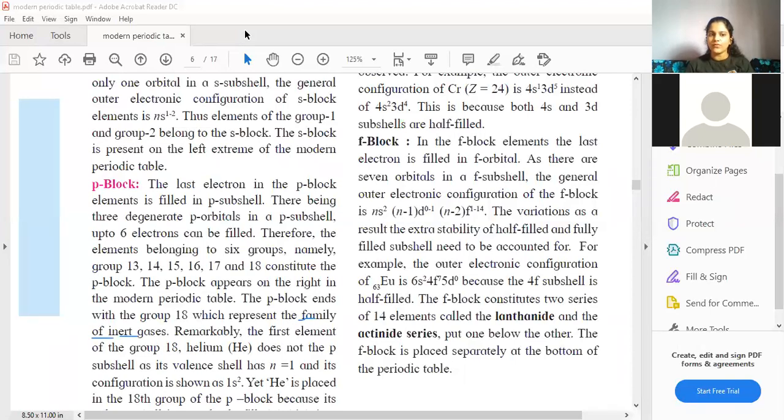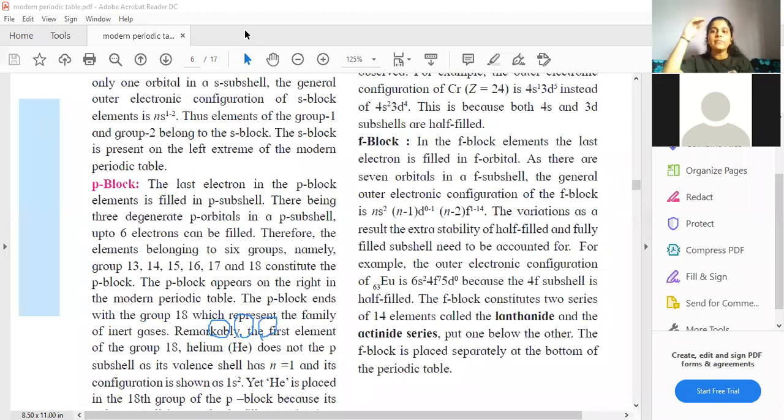And then we go back to 4p, and then you can see after 5s, 4d is filled. 5s and then 4d, because d is n minus 1, right? The filling of d. Let us see where f has been introduced. Yeah, you can see over here, after 6s, 4f is filled, and then 5d is filled.